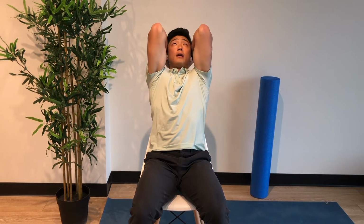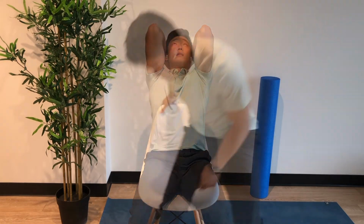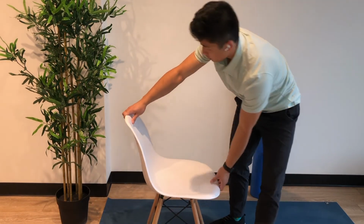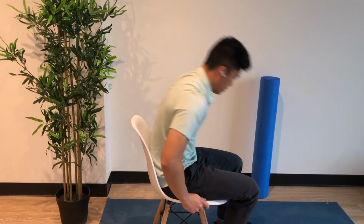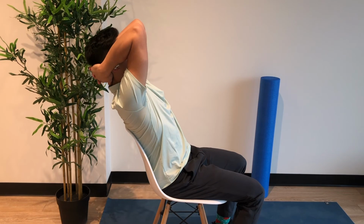So as I lean back, my ribcage stays down. I'm trying to point my elbows up towards the ceiling. Back. You guys from the side. So ribcage stays down. Fulcrum over,